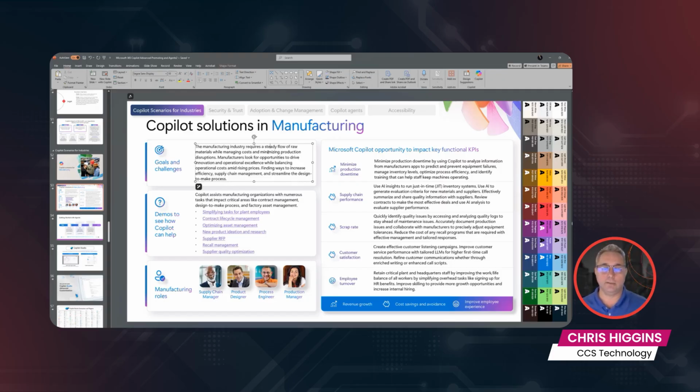There's some great reference material on here about specific tasks for plant employees or contract lifecycle, product information, stuff like that. But minimizing downtime, supply chain performance, scrap rate, customer satisfaction, employee turnover are all great things to try and leverage